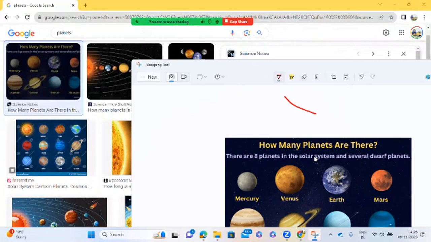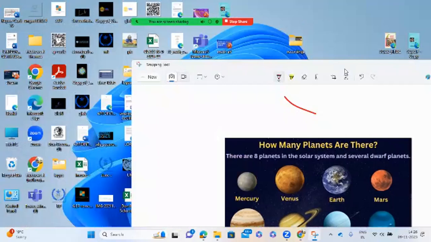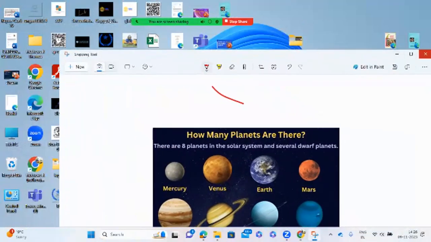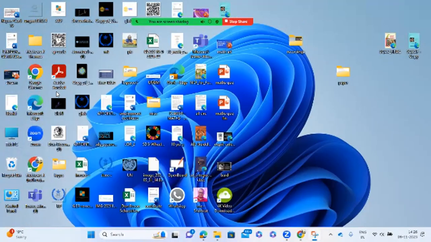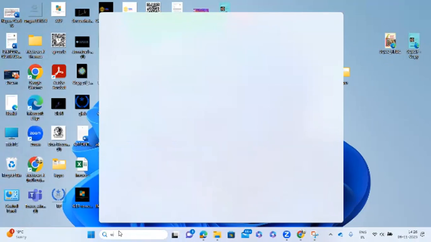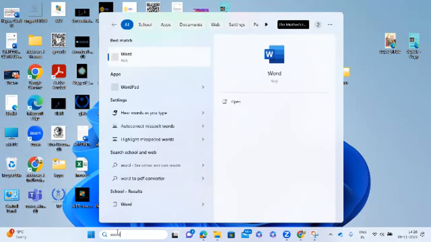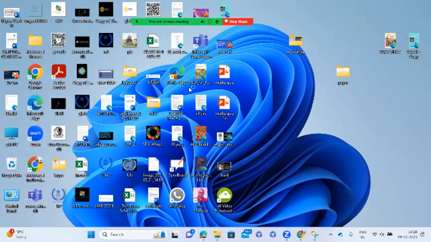Now I want this, so I'm just going to right click, I'm going to save this, or I can also copy. Okay, so let me say I'm going to copy this, and if you are preparing, let's say, a question paper, if you are preparing a question paper, I'm going to select a document. So let me create a Word document for you